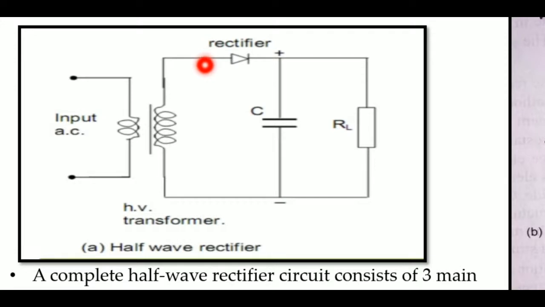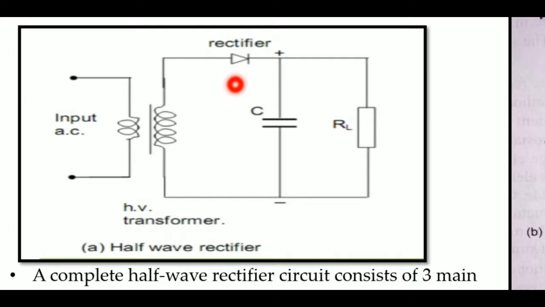So then what will happen? Current will flow through the diode itself. In that case, this capacitor is charged to a maximum voltage that is represented by V max. Getting my point? Okay. Next, the second case we will consider: during the negative half cycle of the AC, the diode gets reverse biased. Reverse biased in the sense that it does not conduct, nothing but the flow of the current will be blocked.